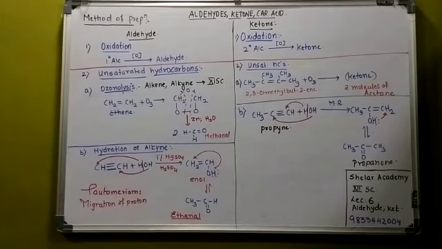By this I am getting an aldehyde. If I want a ketone by the same method, what should I proceed with? I have written the reaction of propyne, same hydration, conditions remaining the same, but the difference is that because it is an unsymmetrical alkyne, it will follow Markovnikov rule, and then again the keto-enol system is converted to propanone, and this isomerism is called tautomerism, where there is a migration of proton.